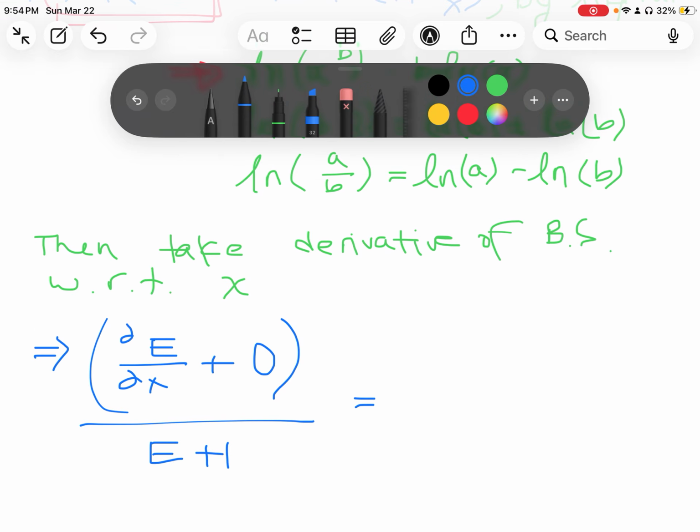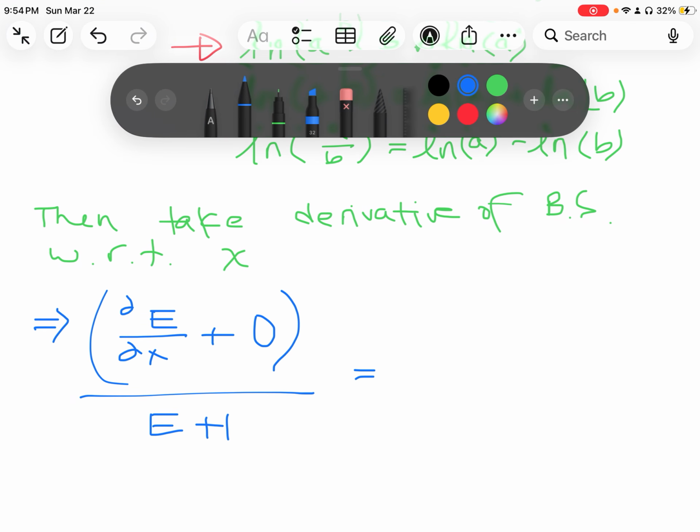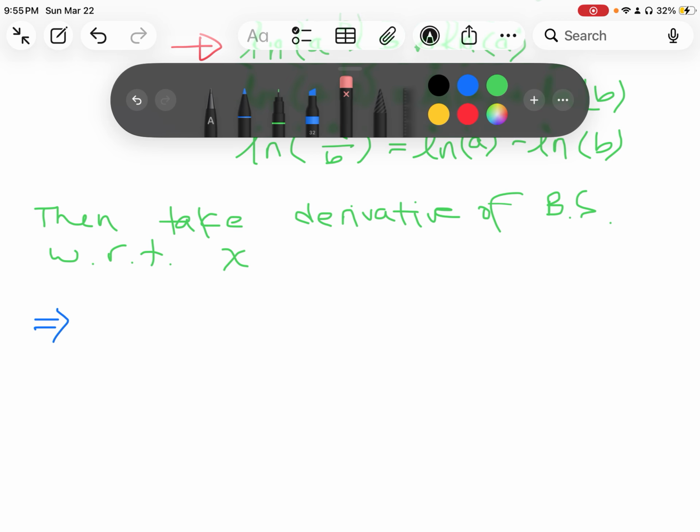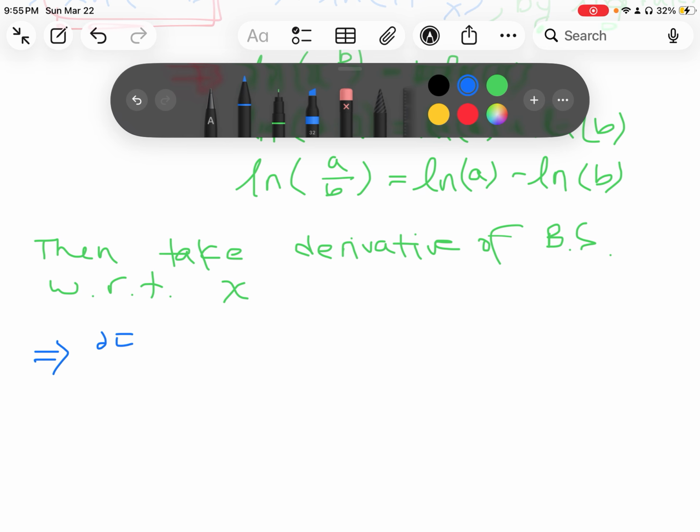And then the right side, we're going to have to use the product rule. I'm going to write this a little bit smaller just so that we have room. So I'm going to write this as the partial derivative of e with respect to x plus 0, all over e plus 1. And this is equal to,